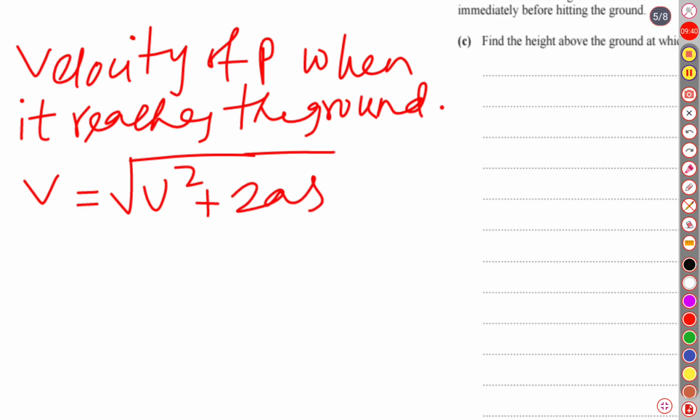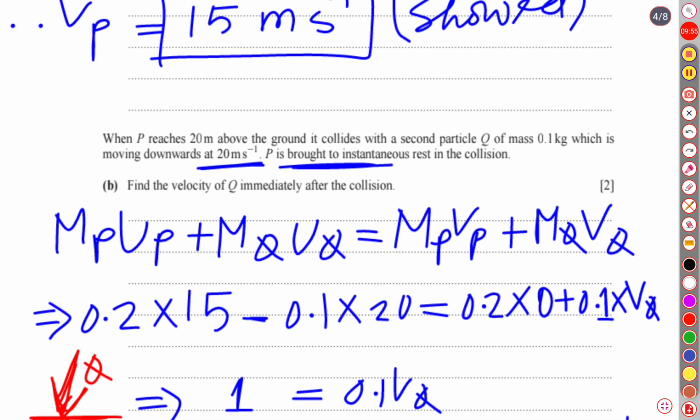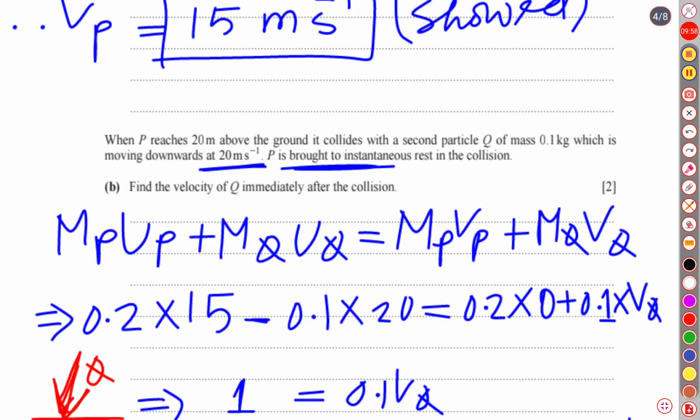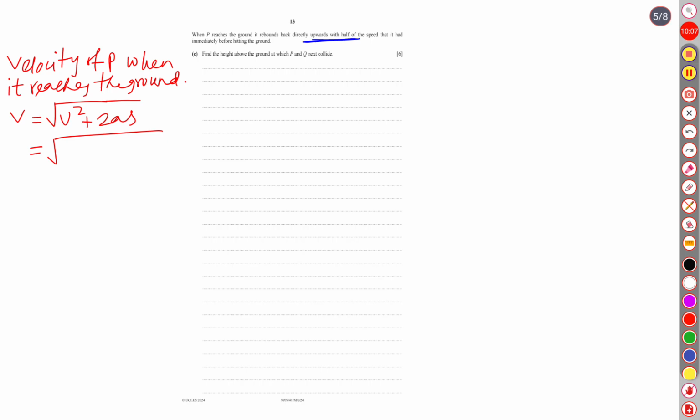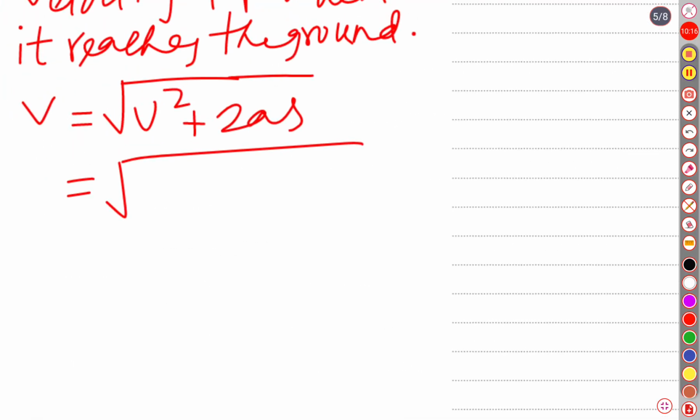For the initial velocity of P after the collision, we should not forget, in the previous question, P was brought to instantaneous rest. That means the initial velocity of P was 0. So we will just substitute 0 here. If we substitute 0, it is going to be 0 plus 2 into acceleration due to gravity, which was 10, and